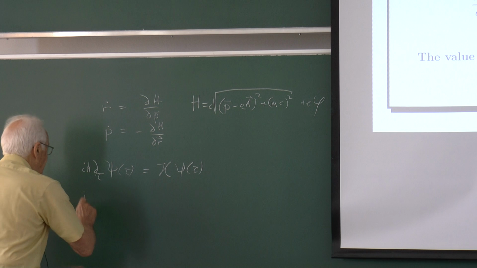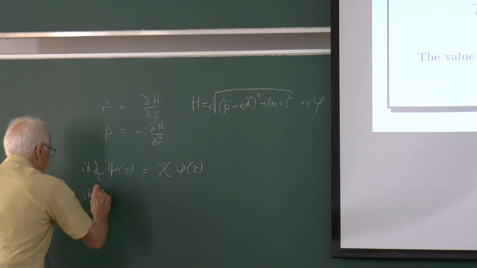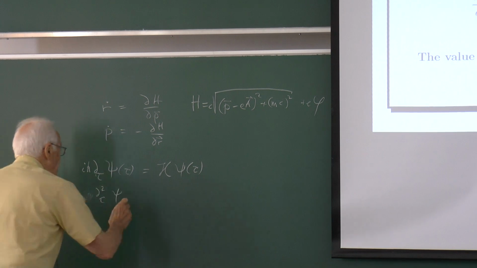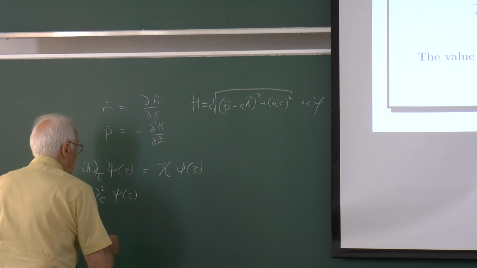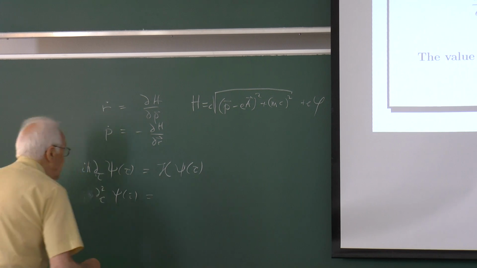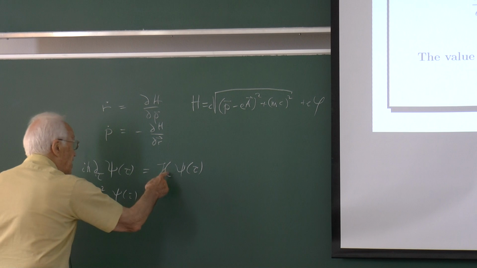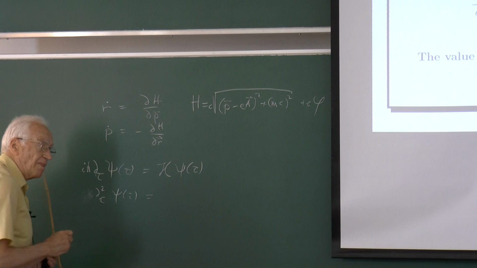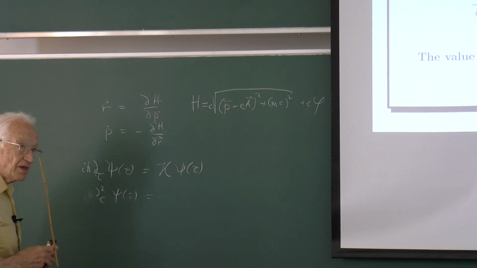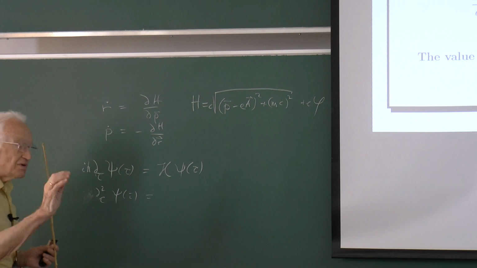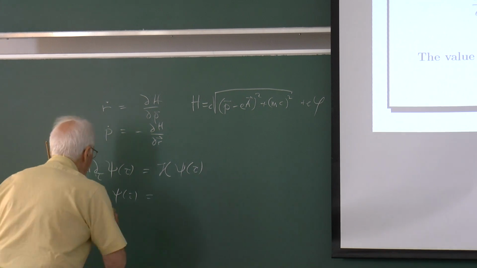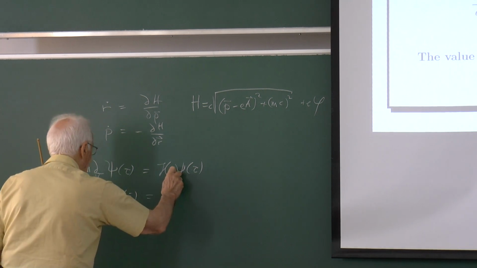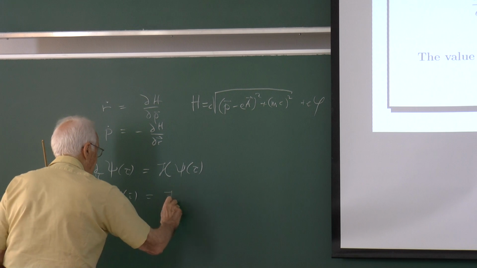But if I differentiate twice, just d tau squared psi of tau, then on the right-hand side, remember h does not depend on tau, so we can only differentiate this. Attention, a classical h. Wait, just a moment. If I differentiate twice, here I get the derivative here,